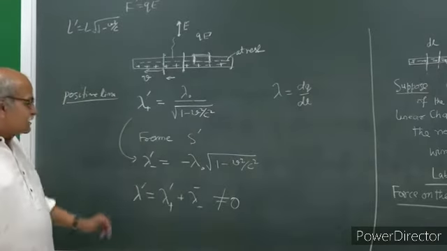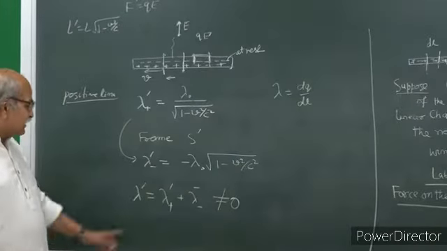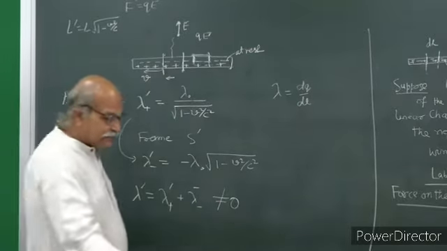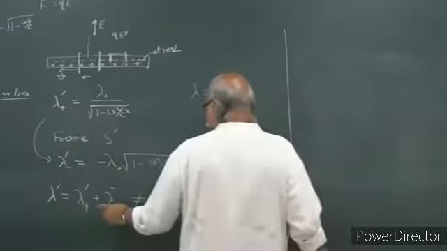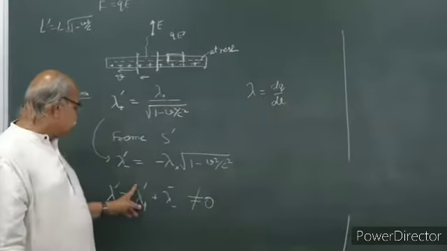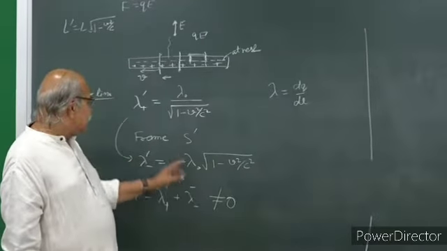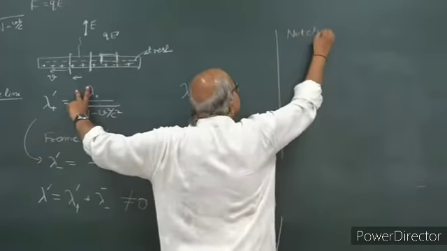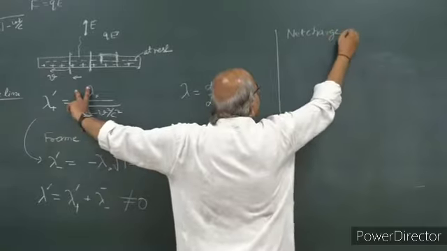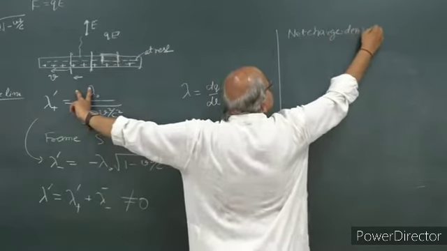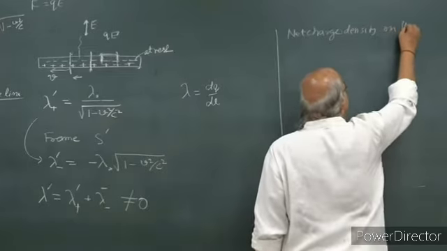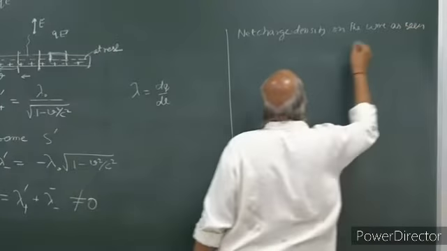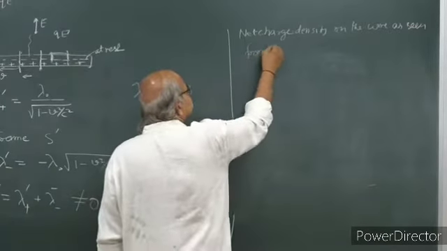How much is the charge density? Let us see how much is the net charge density. This is not equal to 0. How much is this lambda prime? So, let us calculate that. It is lambda plus prime and then plus lambda minus prime. So, the net linear charge density, of course, on the wire as seen from the trolley frame